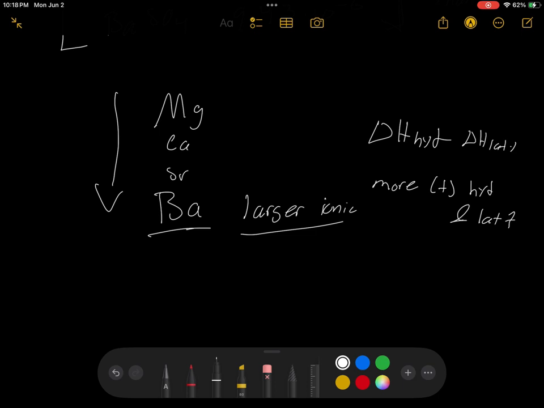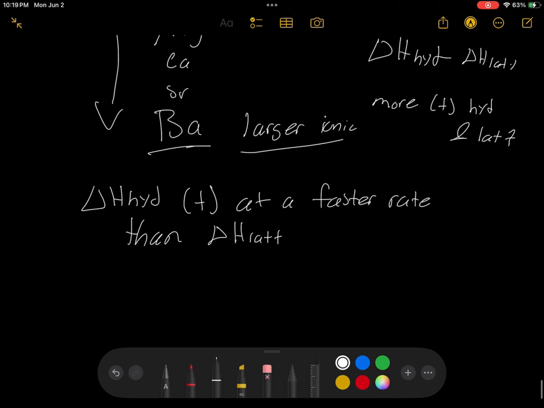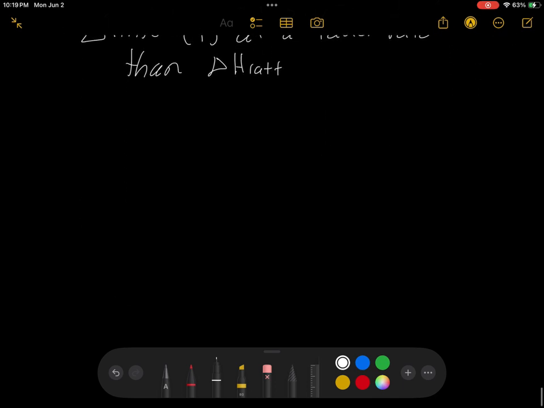It is said that delta H hydration becomes more endothermic, more positive, at a faster rate than delta H lattice. The reason for this is a bit beyond what you need to know, but it kind of helps to understand. Basically, for hydration, right, as we know,